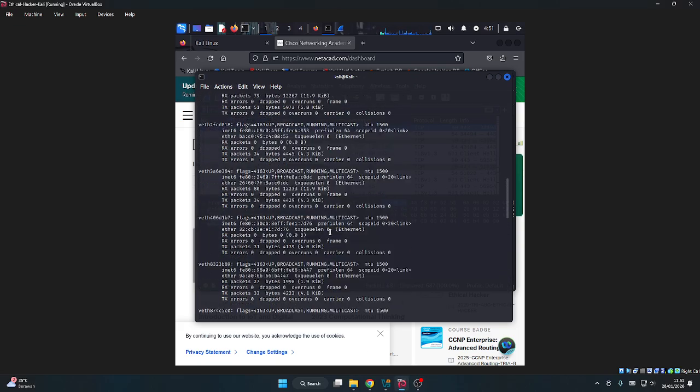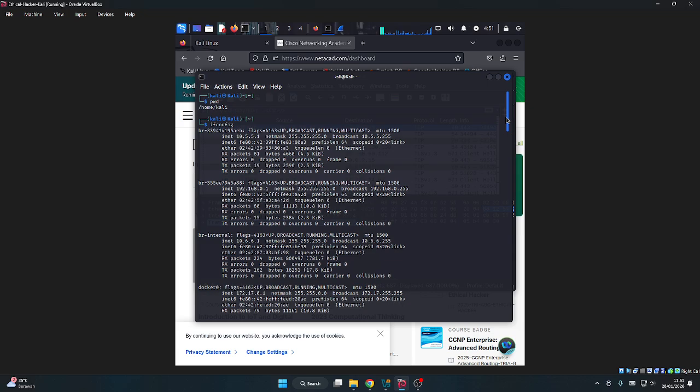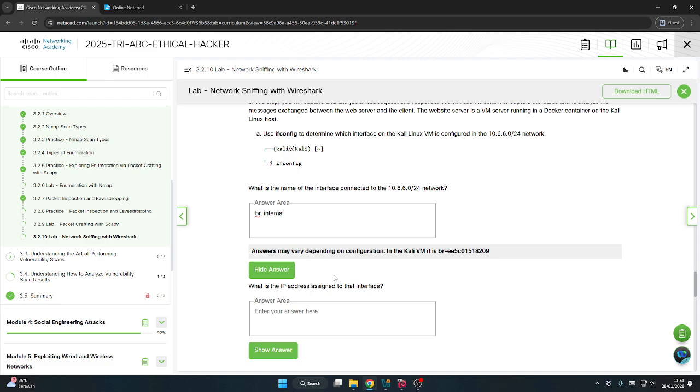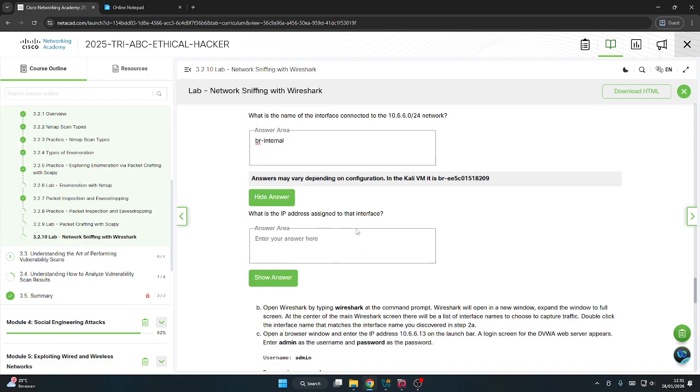Mine is br-internal, not the other br. It's 10.6.1. And what is the IP address assigned to the interface?